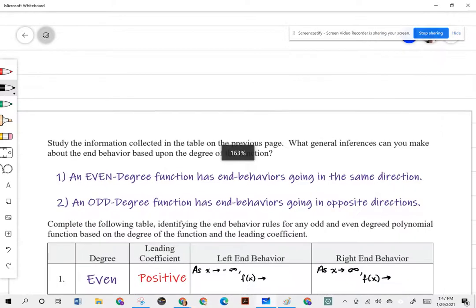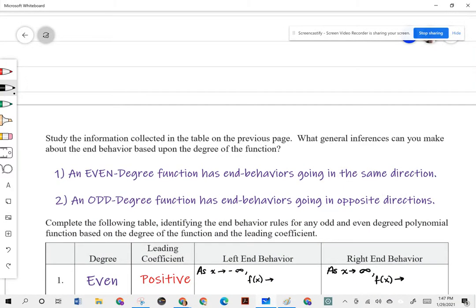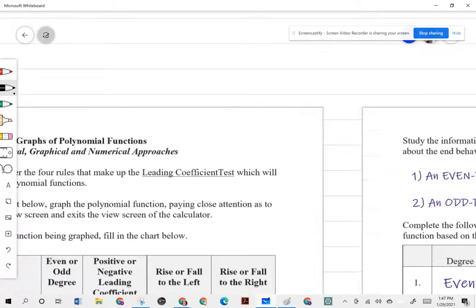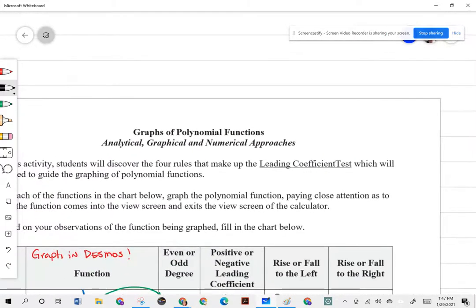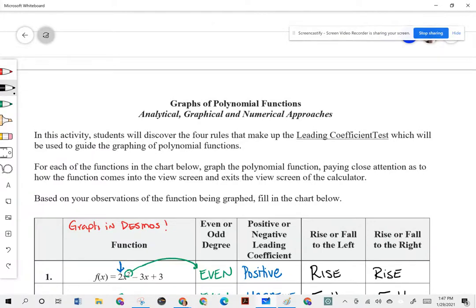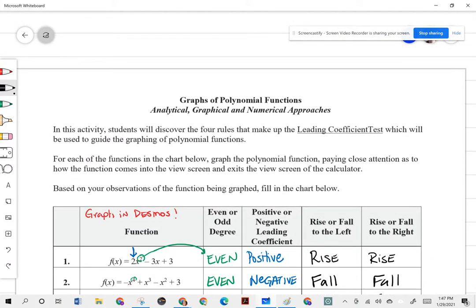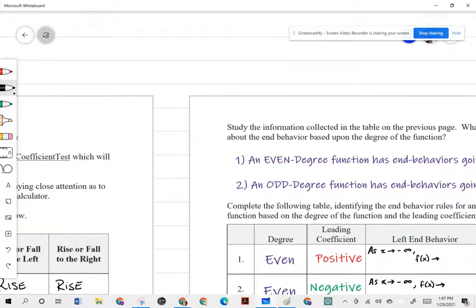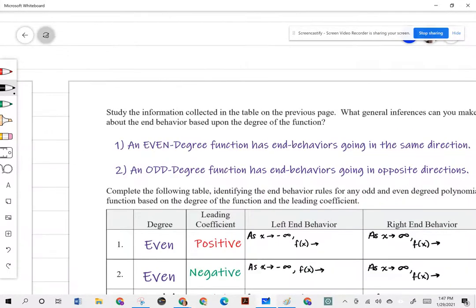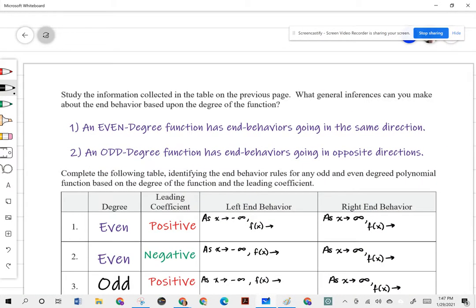All right, so in this video, we're making sure that you've completed page one. So we want to make sure that you have completed this portion right here where it says you were going to have an activity, and I wanted you to graph it in Desmos, and you were going to identify characteristics of those graphs. So assuming you've done that first, that's the first priority, this is what we can conclude based